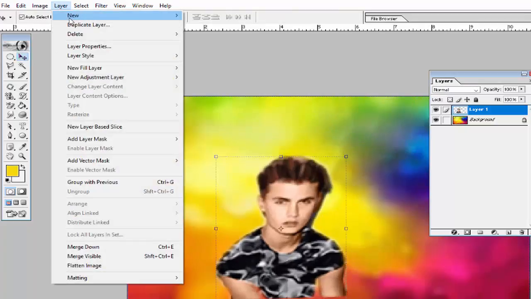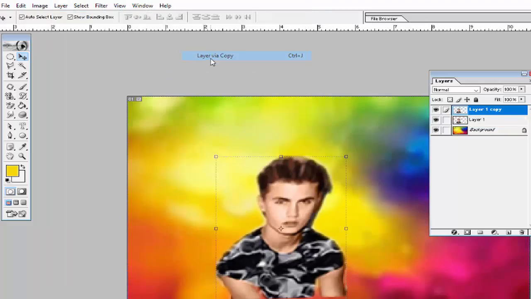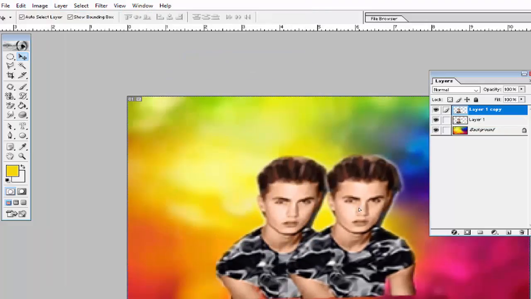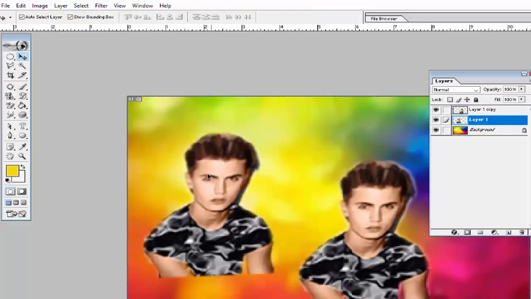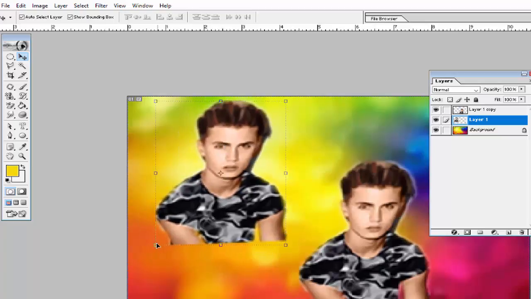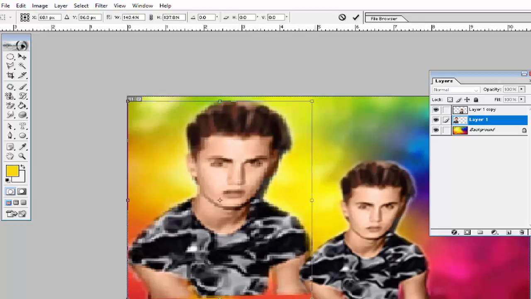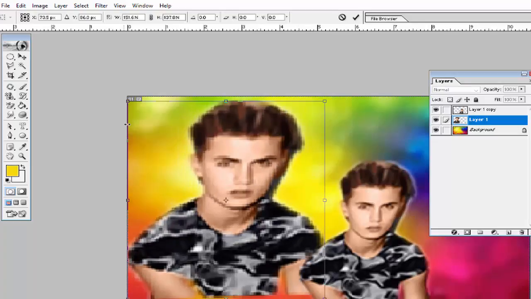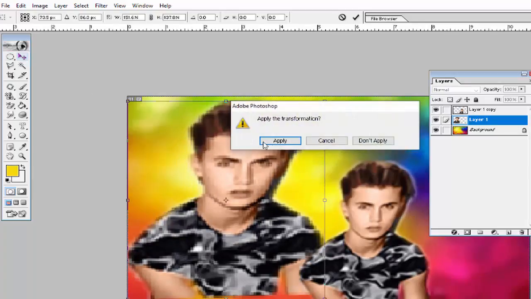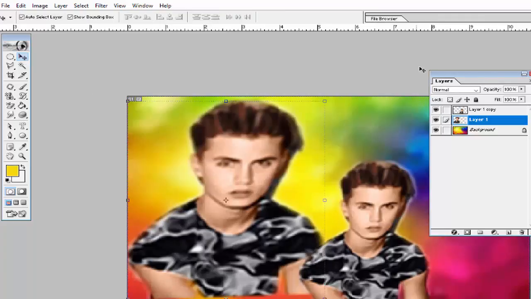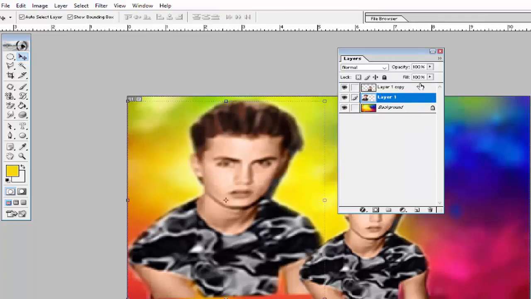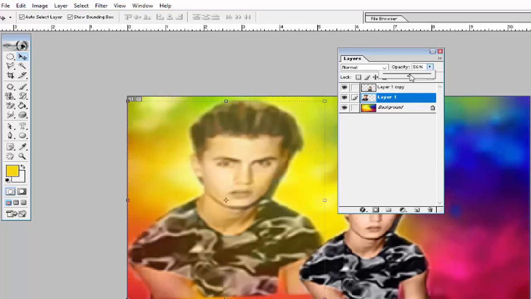Then create a copy of this image. Go in Layer and create a copy of this image like this, and put one copy here and increase its size like this. After that, use this option, layer opacity, to decrease the opacity of this image.